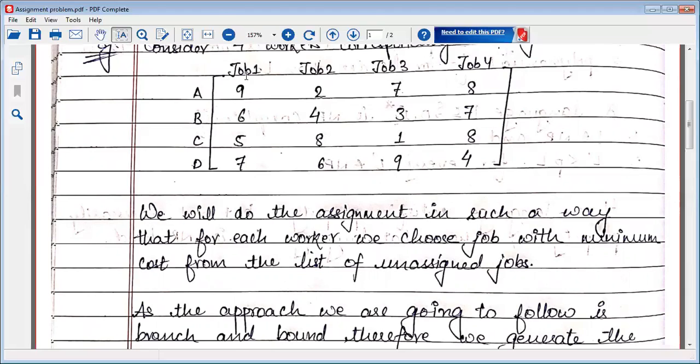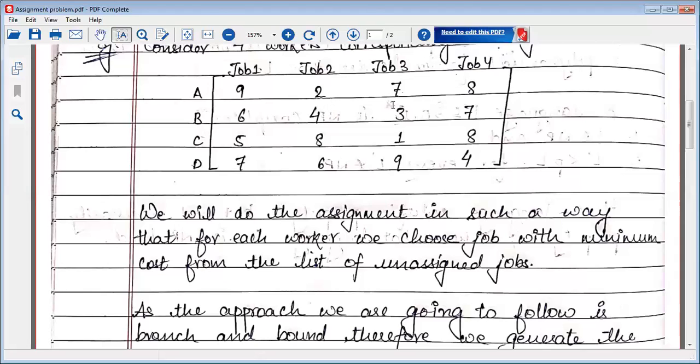So for the first job, we have assigned that this job is going to worker A. So 9 is assigned to worker A. Now we'll start with job 2, but we will exclude the first row. So from the remaining rows, we go column by column. In the first column, we have already assigned job 1 to A. In the second column, when we have job 2, we exclude this first value corresponding to A. And from the remaining values, that is 4, 8, and 6, we identify the minimum value. So here the minimum value is 4.